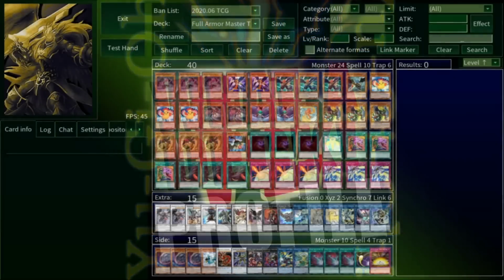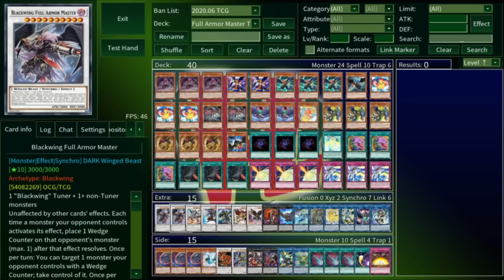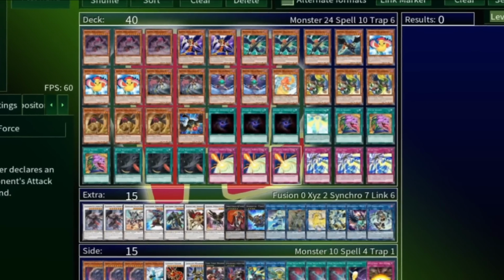Hey, what's up guys? Hardleg Joe here with the profile for my Full Armor Master Turbo deck, a Blackwing build in 2020 that actually focuses on making the Blackwing synchros. Mostly this one, because it steals cards, nukes the field, and is unaffected by all other card effects. It can really only be destroyed by battle, and we have ways of dealing with people who try to destroy